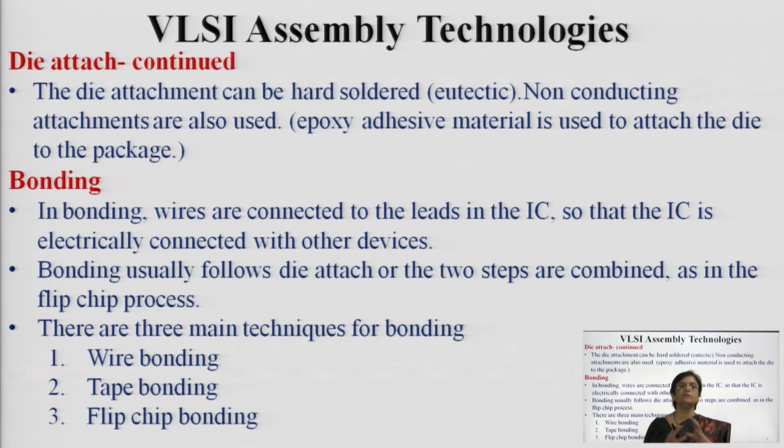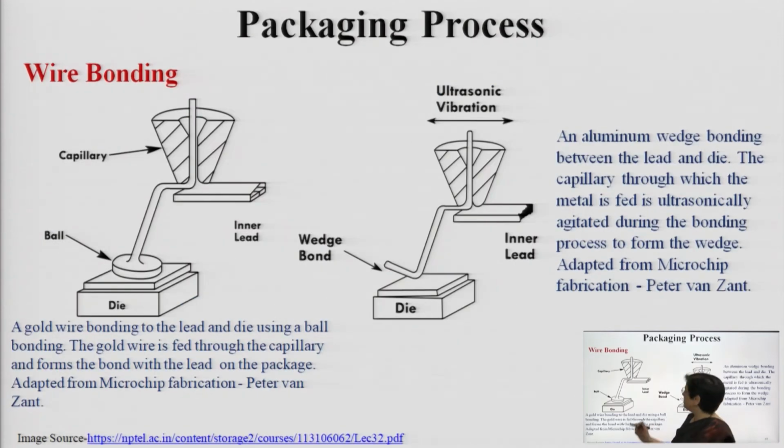There are different techniques used for bonding, that is the interconnection of wires, and they are known as wire bonding, tape bonding, or flip chip bonding. So these are the three techniques of bonding. First we have separated the die, then attached it on a mounting substrate, and once you have mounted it on a medium, you then bond it with wire. So this wire bonding is being shown over here.